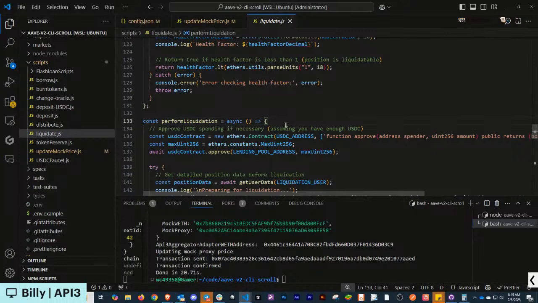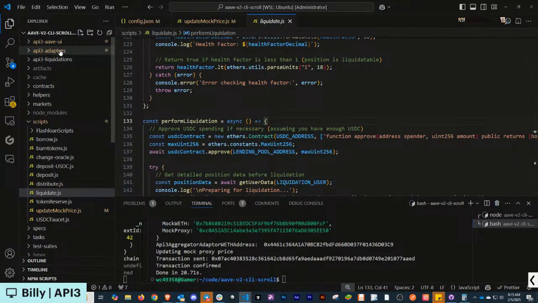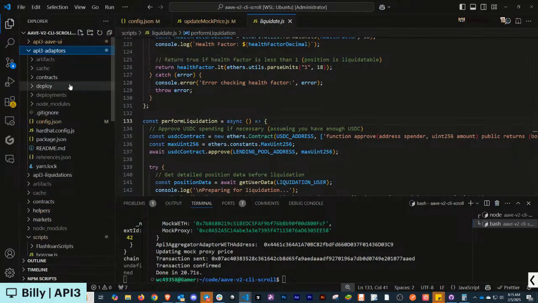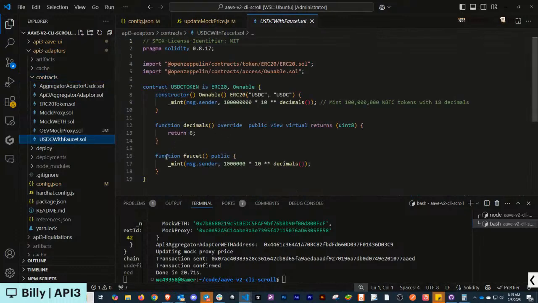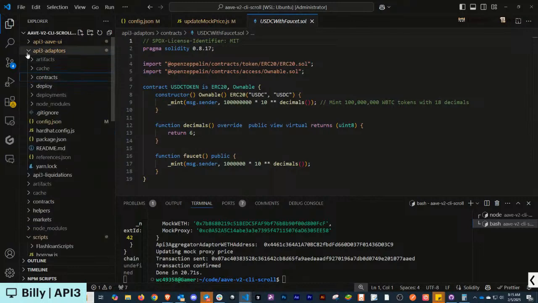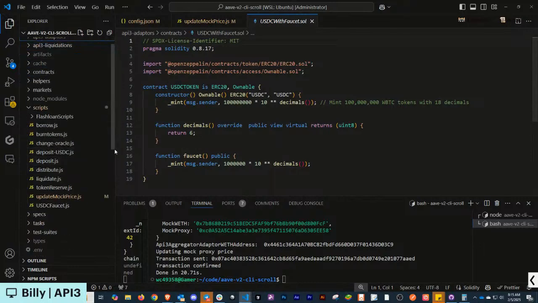And we also happen to have that USDC in our wallet. In order to pay back the loan, we have to have the asset that we're paying back. Because I launched this from this wallet, I have a whole bunch of USDC. If you start messing around, the USDC actually has a faucet. So if you were playing around too much and you burned all the USDC, it has a faucet. So it'll just mint you another 100,000 or something. So if you're experimenting and playing, go crazy with it. I've kind of built it to make sure that it has everything you need.